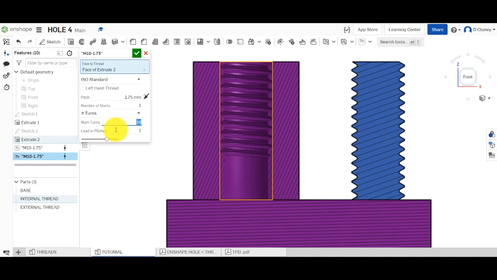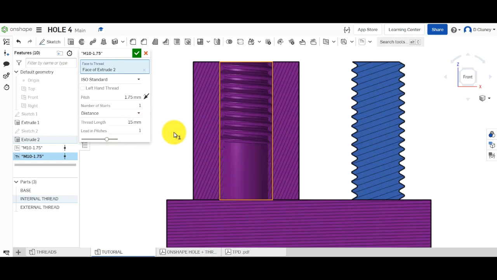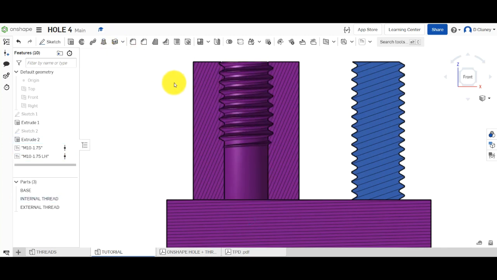that will go 10 turns down, or you might say actually I want a certain distance and I want it 15 millimeters. Again, that will update. And there you go. Alright, and if you confirm that, again it's looking at the size, it's looking at the pitch 1.75, and it's looking at standard right hand thread, so not left handed. If you click left handed, the label will update like so, and we can click the tick, and as you can see